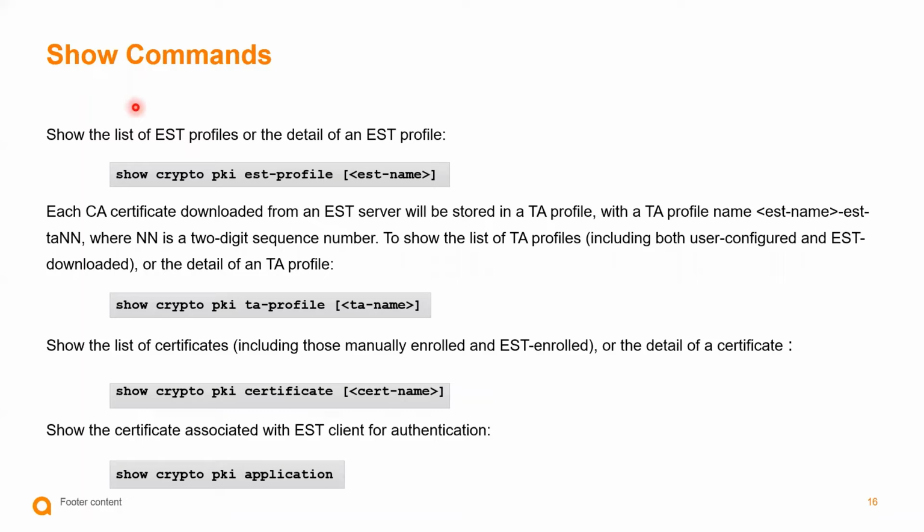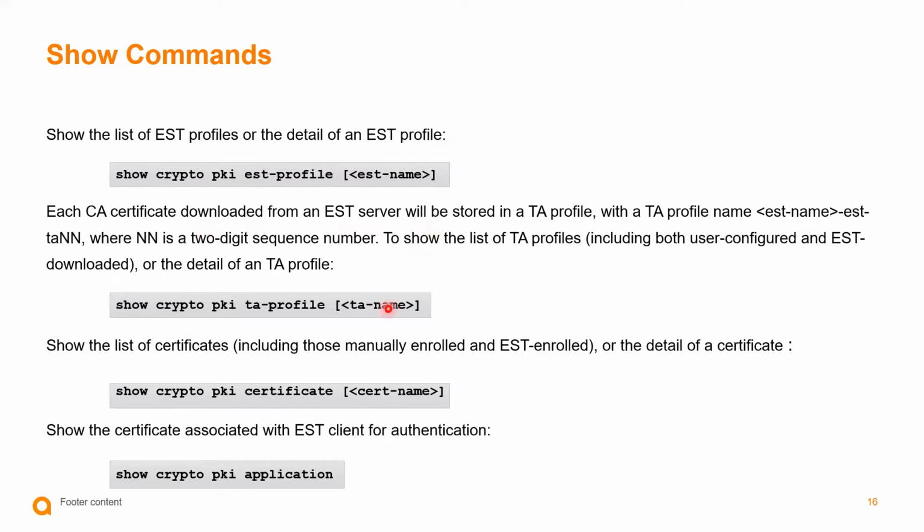Now let's see the show commands. First, we have configured the EST profile and now we want to see the list of EST profiles configured. For that, we can use this show command: show crypto pki est-profile and then the profile name. Once the EST profile is configured and working fine, it will download the CA certificates from the